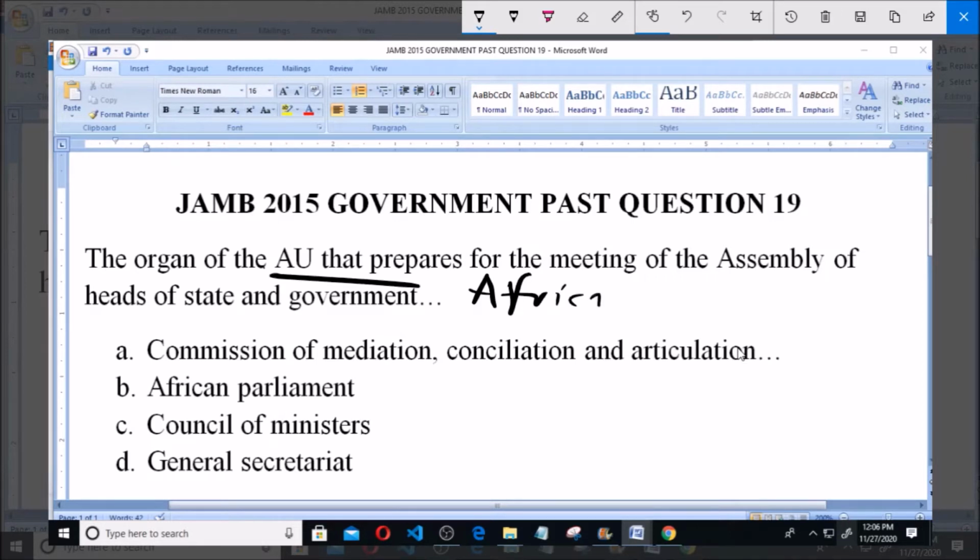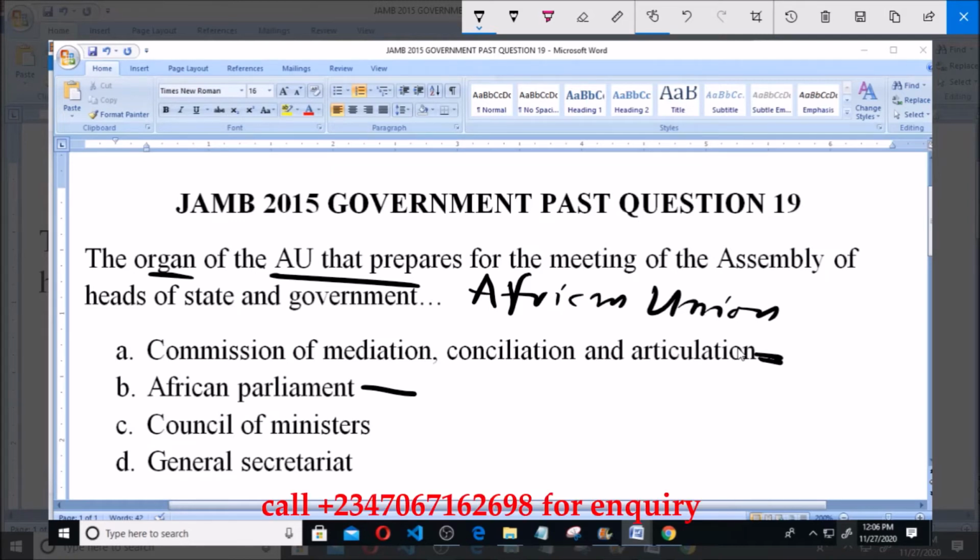Take note, African Union. Then the organ: option A says Commission of Mediation, Conciliation and Arbitration. No, not this organ. Then B, African Parliament. No. C, Council of Ministers. No. D, General Secretariat. Yes. The duty of the General Secretariat is to